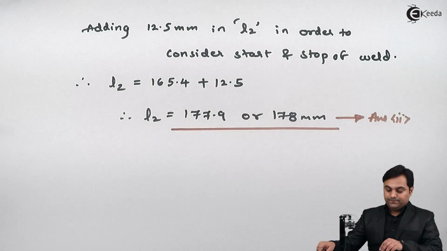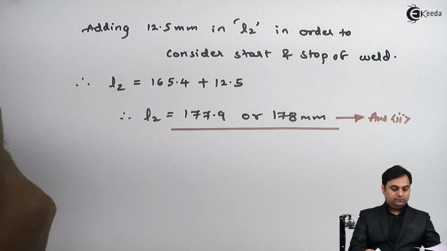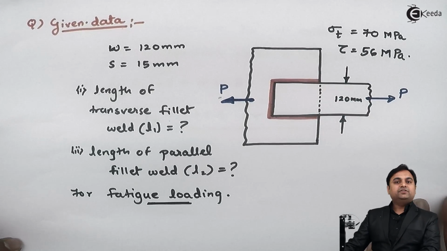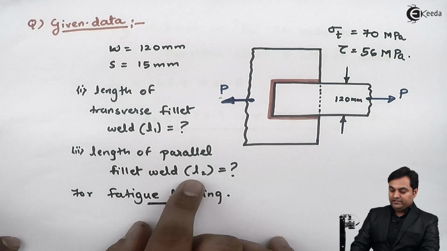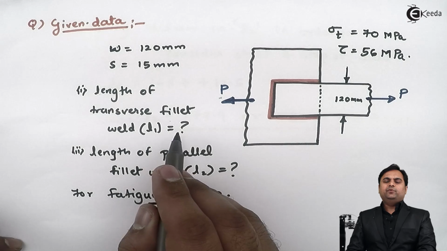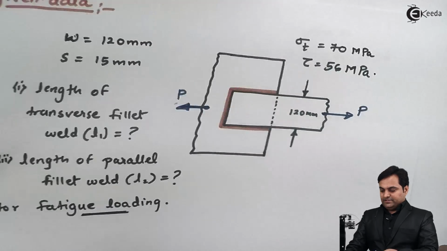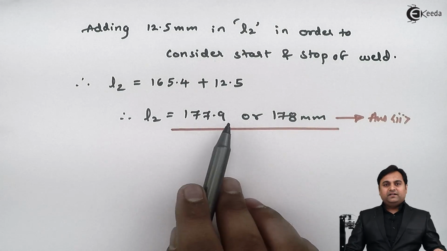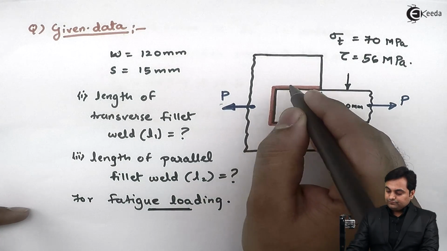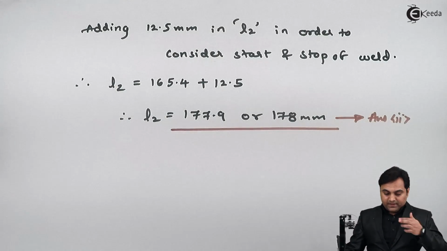Our second answer. If we look into the question, they were asking us to calculate the length of transverse fillet weld and the length of parallel fillet weld. The length of transverse fillet weld we have got as 107.5 mm. Next, the length of double parallel fillet weld is 178 mm. So here we have designed this welded joint completely by finding the lengths, and